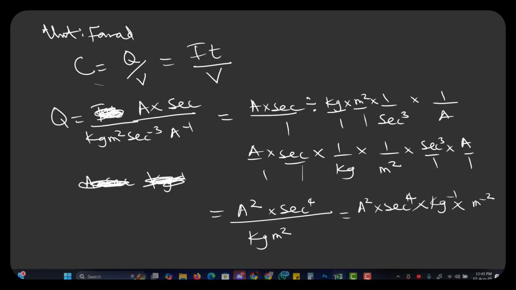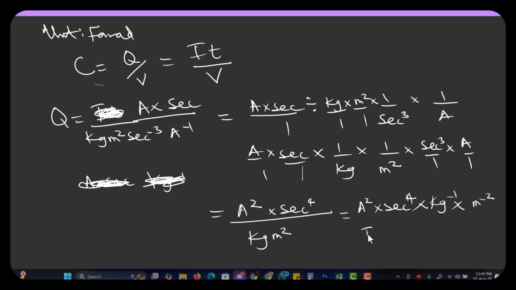So the next thing I'm going to do is, what am I going to do next now? I can still rearrange this to follow the MLT structure, because going by the SI, the dimension of this one is I, this one is t raised to the power 4, this one is m raised to the power minus 1, and this one is l raised to the power minus 2. But if I arrange it by MLT structure, it's going to be M raised to the power minus 1, L raised to the power minus 2, t raised to the power 4,